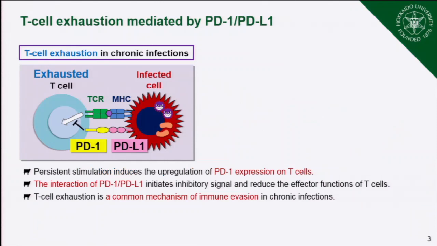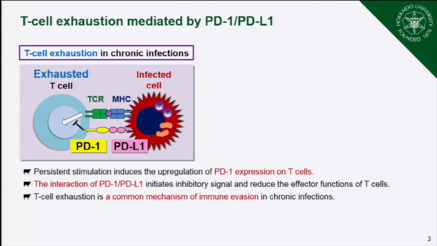Okay, so let's look back at PD-1, PD-L1 again. During chronic infections, persistent antigen stimulation from the T-cell receptor or other cytokine stimulation induces upregulation of PD-1 expression on T cells, and cytokine stimulation, such as interferon gamma, induces PD-L1 expression on infected cells and antigen-presenting cells. And the interaction of PD-1, PD-L1 initiates an inhibitory signal into T cells and reduces their effector functions, leading to